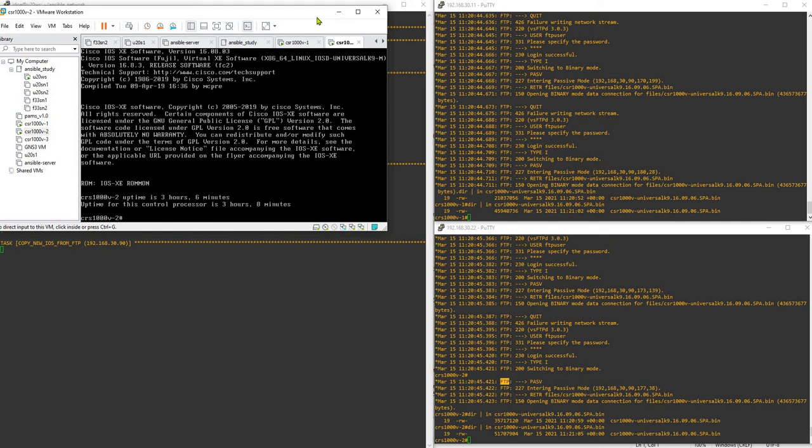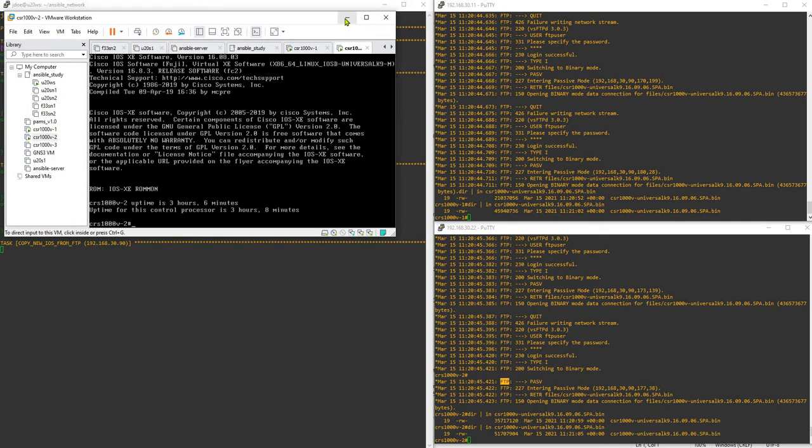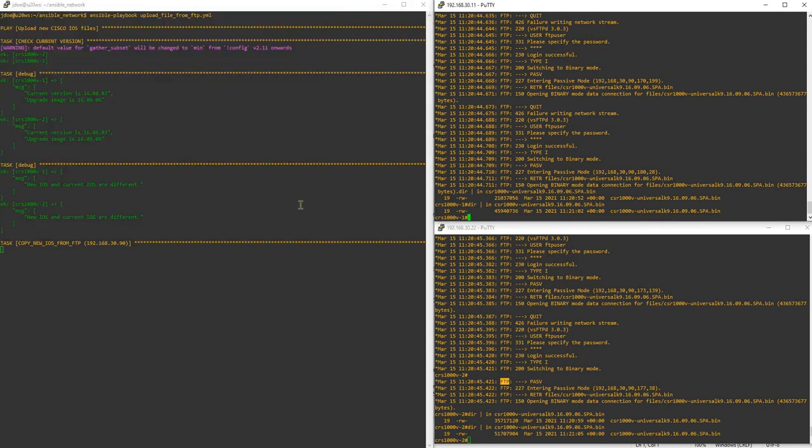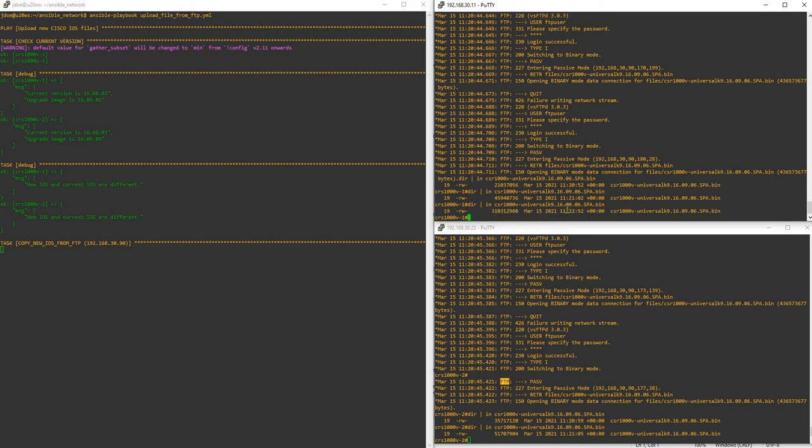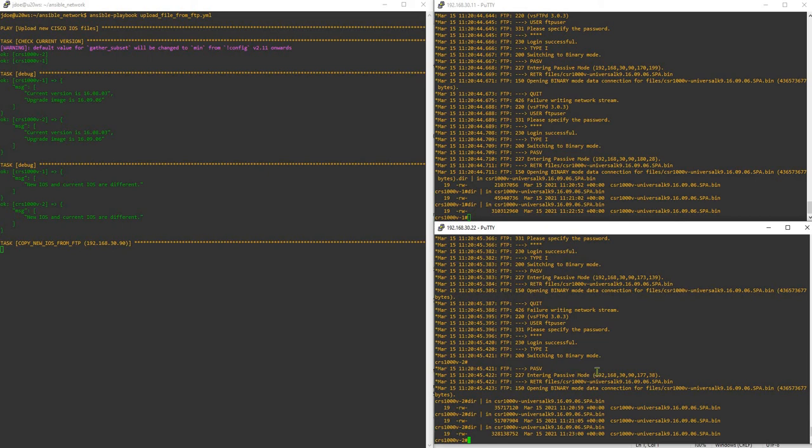It seems to be working very smoothly, but this is only part of the uploading process. So let's quickly check how far we have to go until this file is fully uploaded. It's around 430 meg. Okay, so we have 310 meg at the moment for router 1 and 328 meg